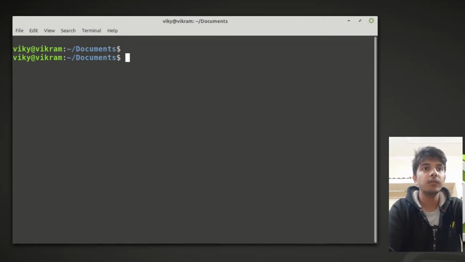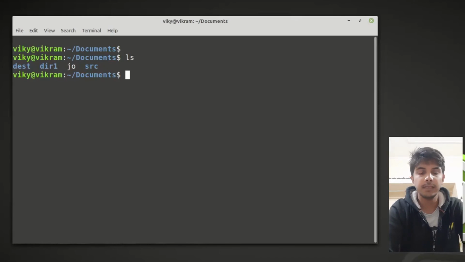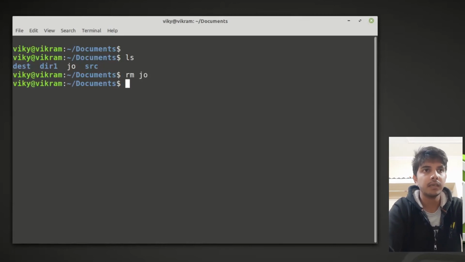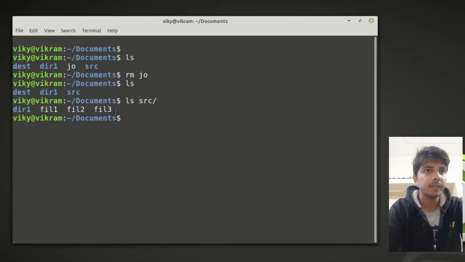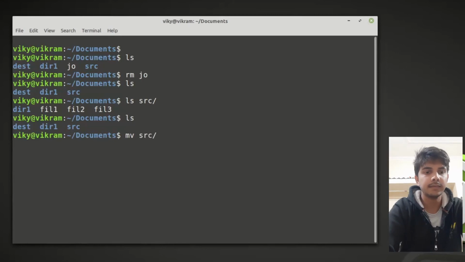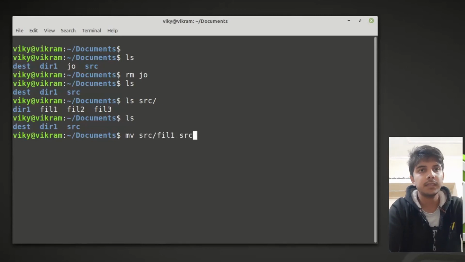Okay, now to move the files from one location to another, all the options that we studied so far with the cp command will remain the same. Okay, and instead of cp we will be using the command mv, right? So let's just have an example here. Let me first remove the geo file here. Let's just say I want to bring all the files present inside the source directory to the current directory, right? So I will do mv, then src, inside the src, then file1, and let me just take another file, file2, and I want to bring it to the current directory, so I'll press dot.